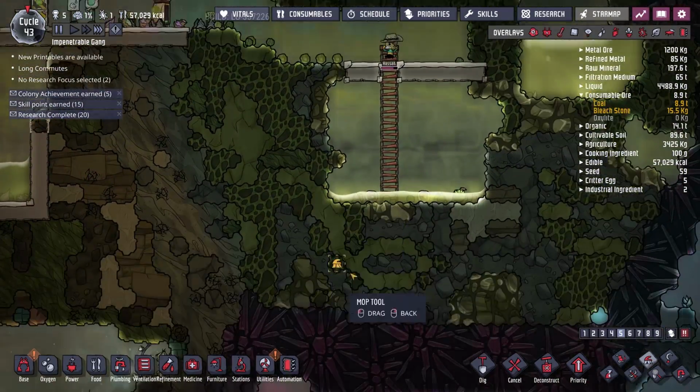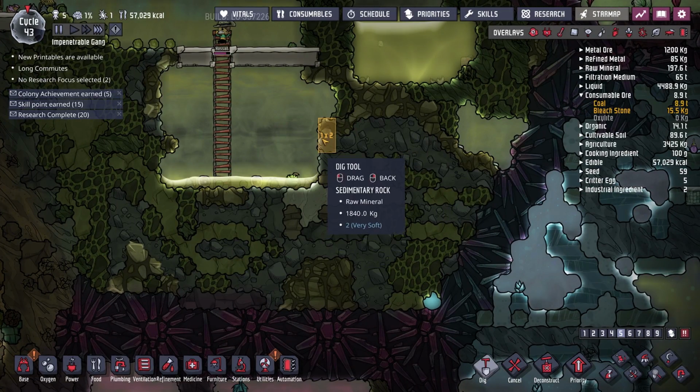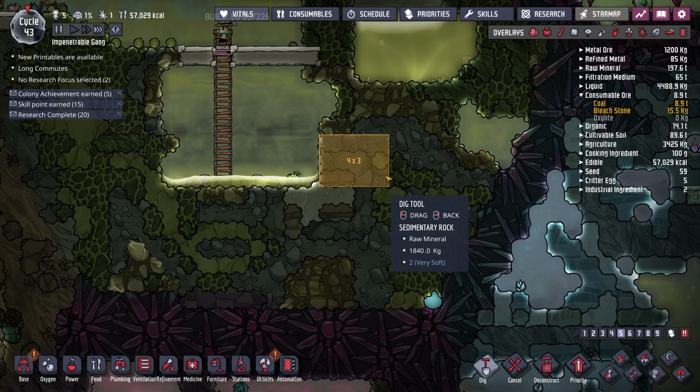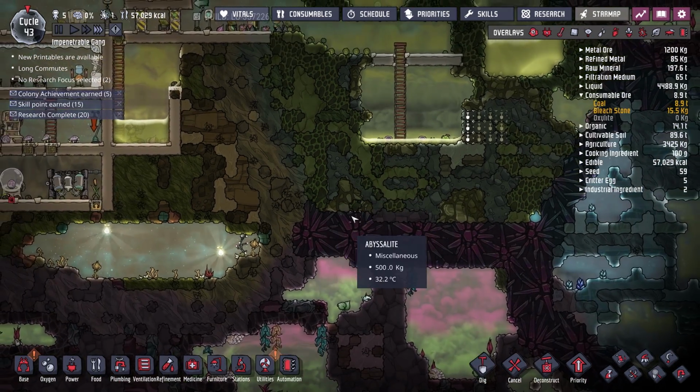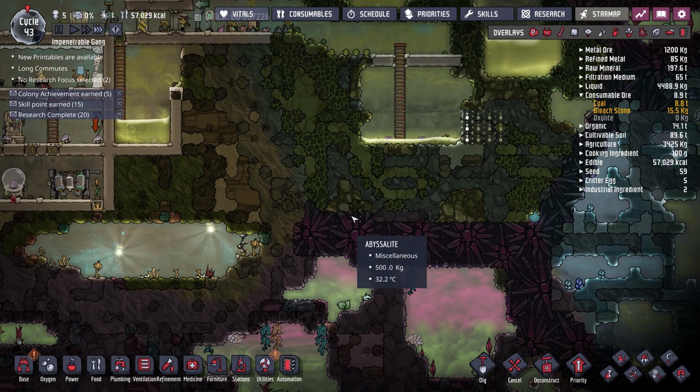It's still too much to mop, eh? I will continue to dig out in this direction to get the sedimentary rock, but I kind of want to get rid of this. I want to dig out all of this here, and then another thing that I would like to do in today's episode, I've got a lot of things planned for today if we get time,